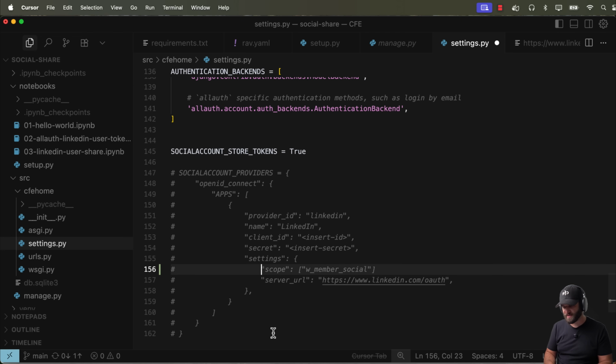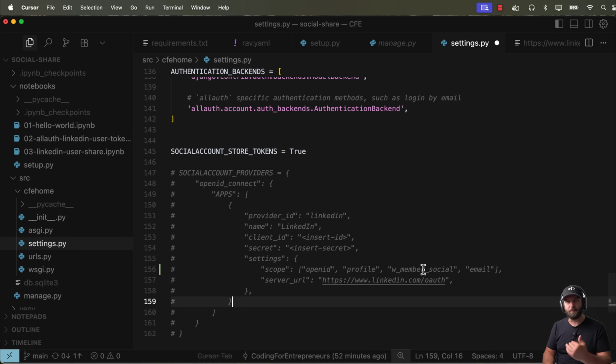And so right now that's the scope. If you wanted to follow standard OpenID scopes, you might see a scope a little bit different where it has OpenID, profile, also the w_member_social, as well as email. So having that scope is going to then prompt your user whenever they authenticate next, whenever they log in next,